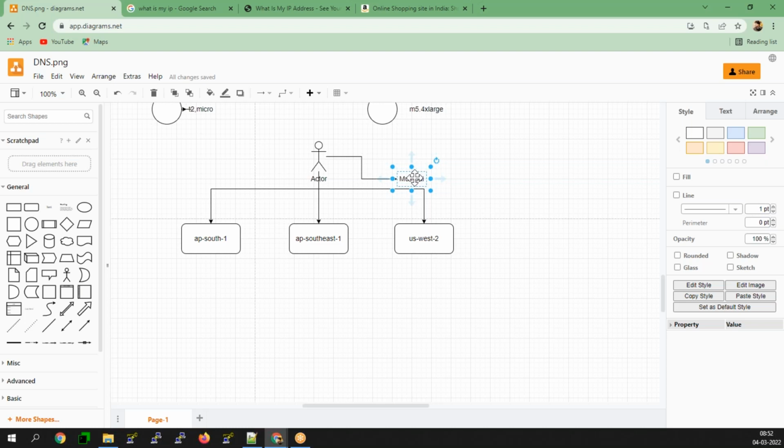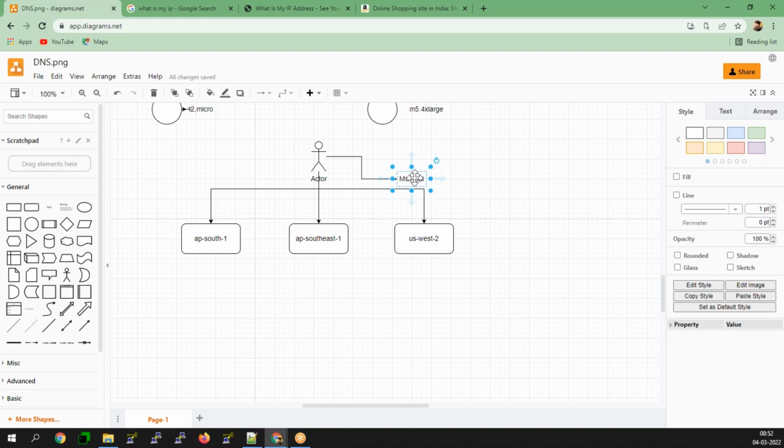So the latency routing policy will ensure which is my nearest location, and it will route to that respective nearest location. That's how the latency routing policy works.